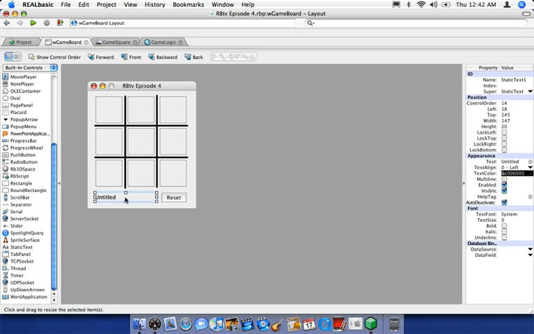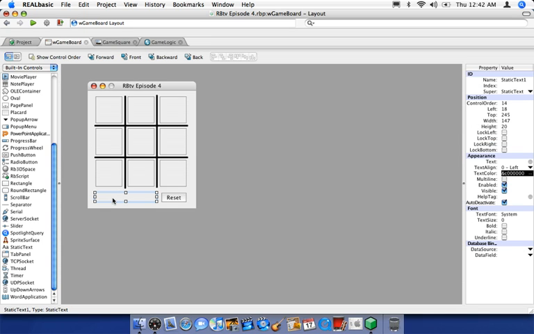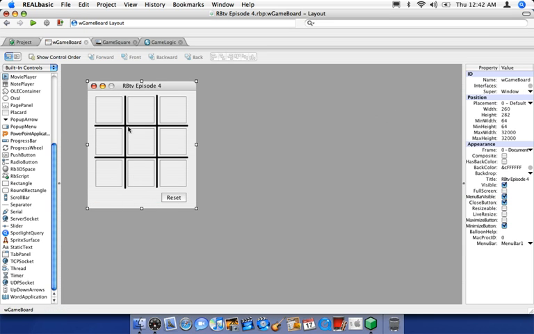Now let's not have any text displayed here by default, so if we come over here to the text and simply delete this, you notice that the text disappeared from here, and when I deselect it you can't see anything, but the static text object is still there. So let's name this to st game status